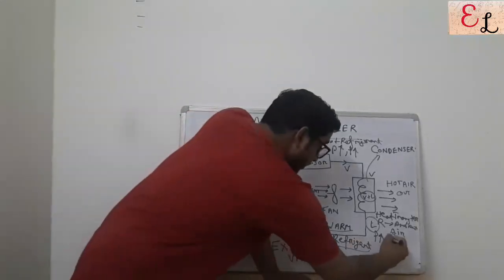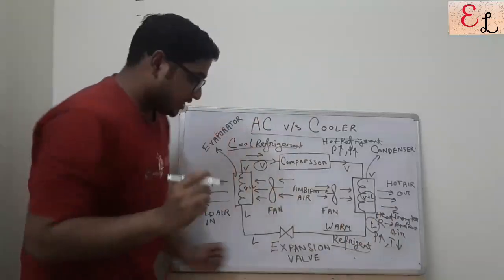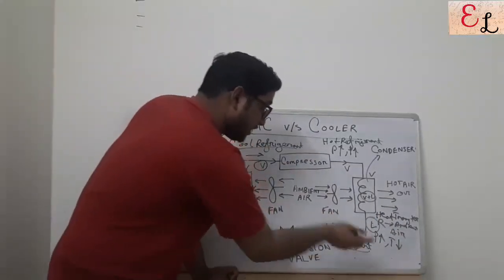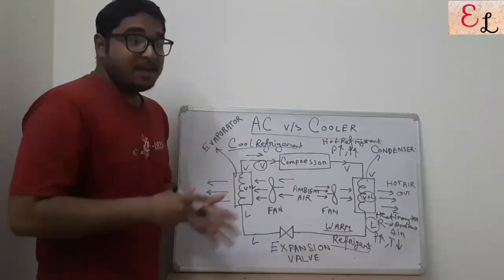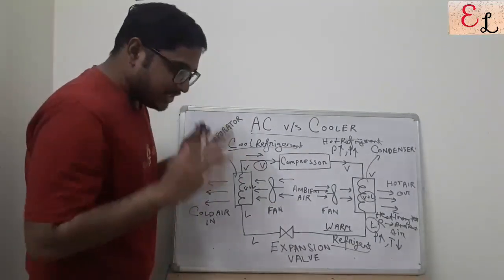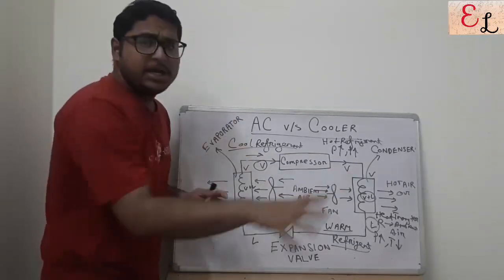But the temperature has come down from this state to this state. The pressure though is still high. So a pressurized warm refrigerant goes into an expansion valve in the next step. Now the expansion valve is a throttling device. It's an isenthalpic process. It's responsible for suddenly releasing the pressure.